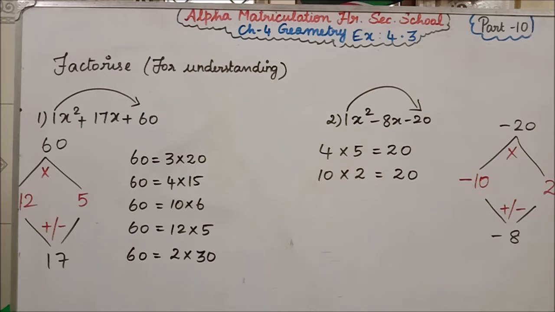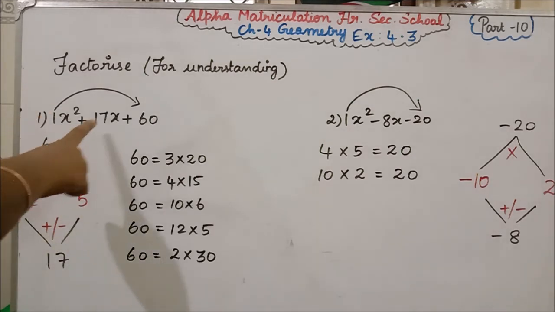So you need not think about subtraction alone. You think only about addition and multiplication. You have written 60 here and 17 here. Afterwards, you have to write two numbers here. When you multiply the two numbers, you have to get 60, and if you add or subtract them, you have to get this number. That is the factorized method.